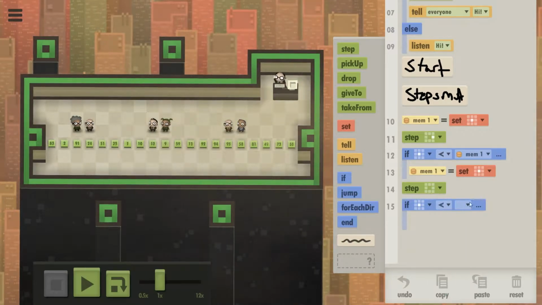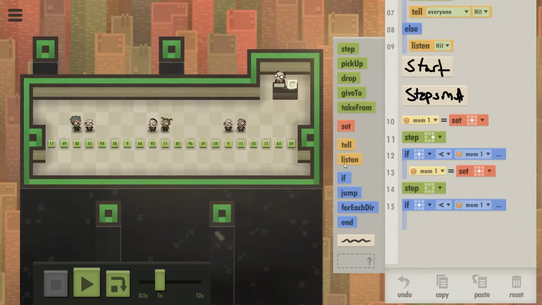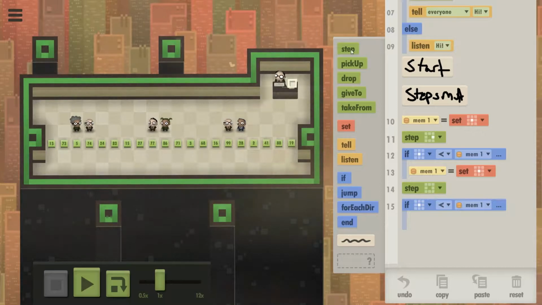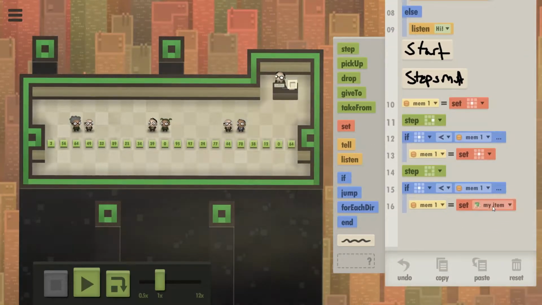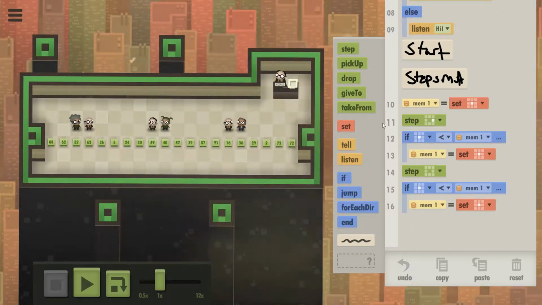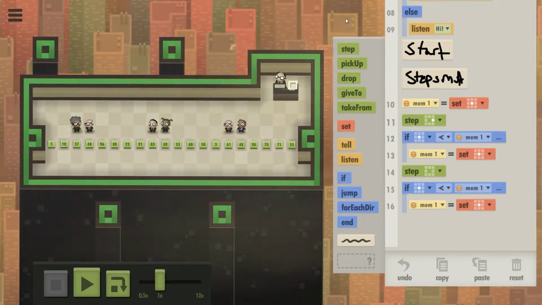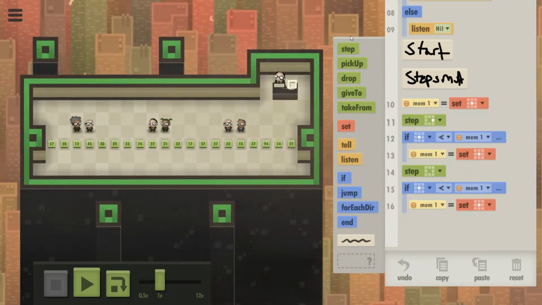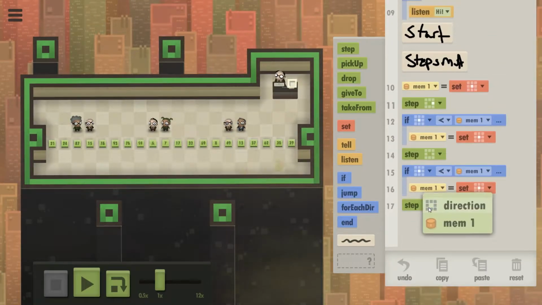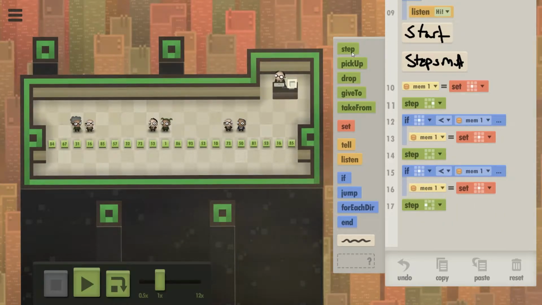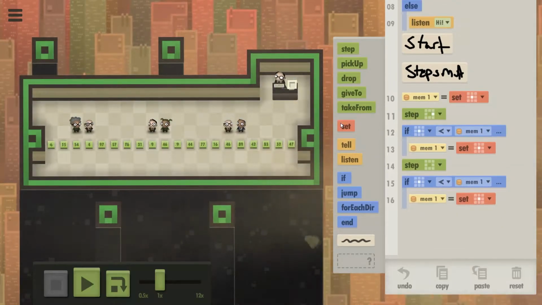If what I'm standing on is less than mem1, then what we'll do is set mem1 to be what we're standing on. Then we need to do a swap where we will step back, or step to the left. Basically, so